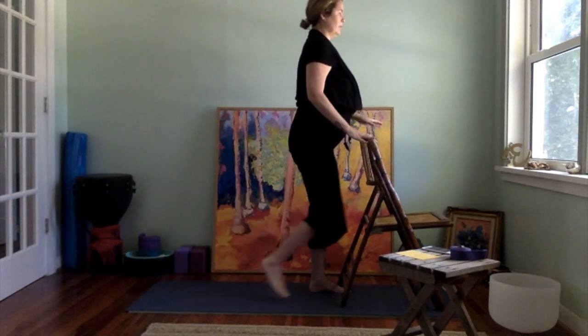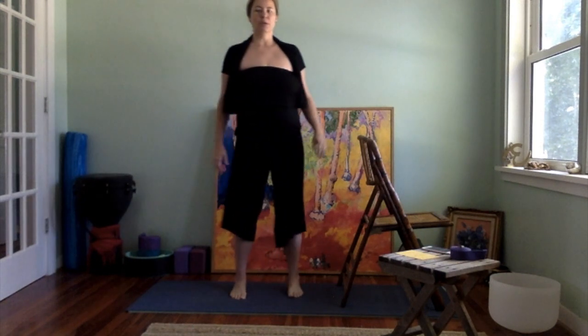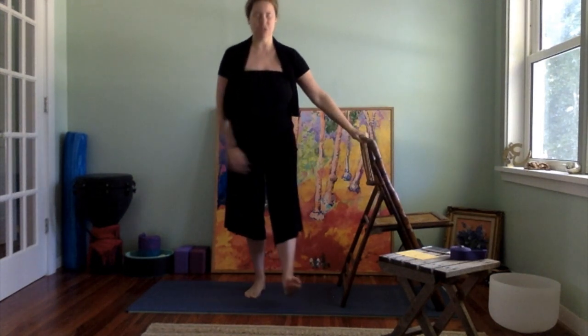Good, and then we'll release and walk it out. Very nice. Okay, tree pose. So you'll face the chair, parallel to the chair. Right hand's going to come onto the chair, right foot is rooted, and then open up